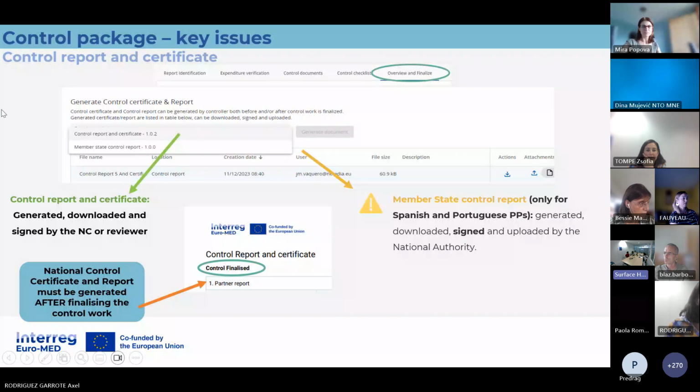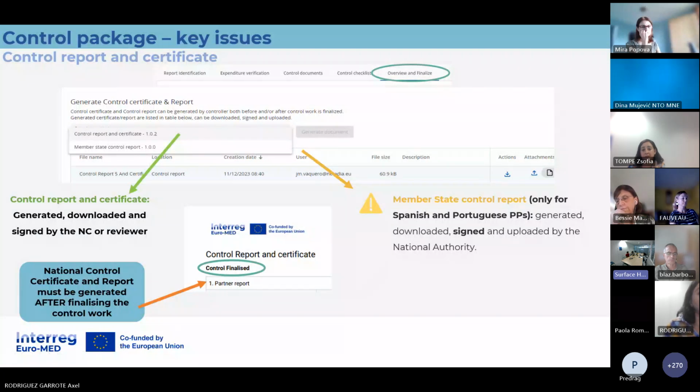What you should check to be administratively accepted is that the control report and certificate is based on a control finalized, which you can see in the middle of this slide. You see control report and certificate, control finalized, which is very important.